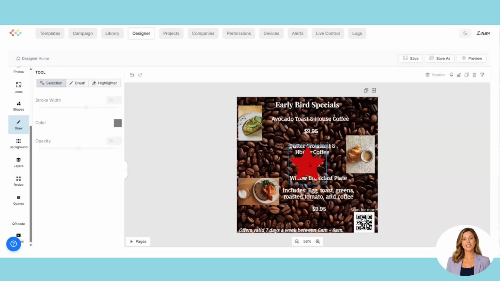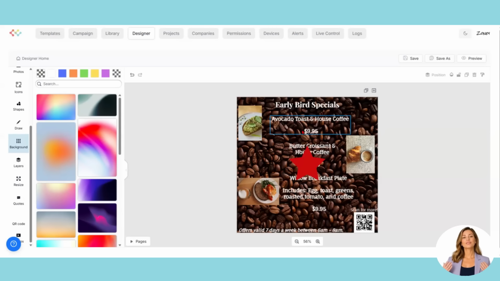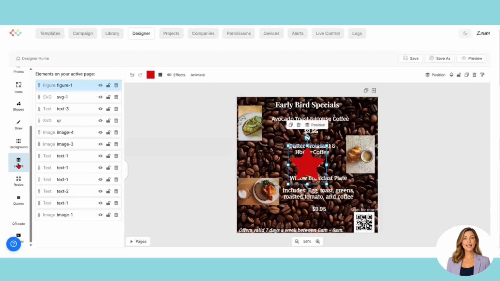The Background section controls the backdrop behind everything on the page. You can choose a solid color, enter a custom hex code, or select a background image from the gallery. The Layers section lists every element on the current page. Layers are organized from front to back, so you can control which elements appear on top of others. You can drag layers up or down, hide or show individual layers, and select elements that may be hard to